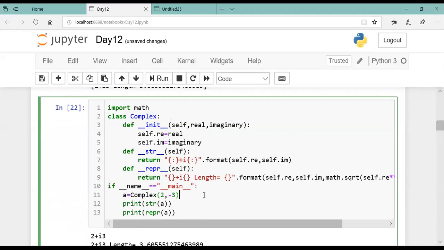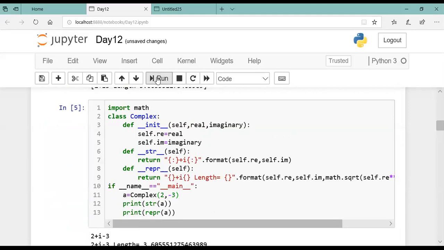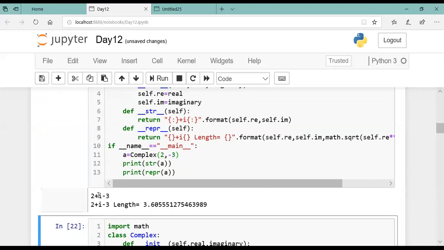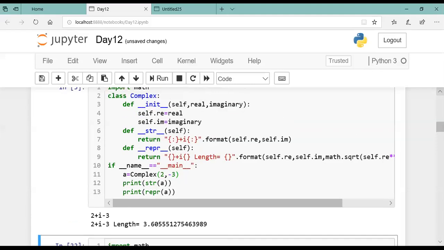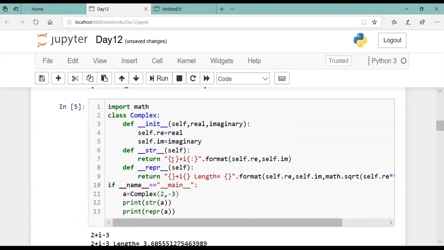So let me check what output I'm going to get now. This is something odd, no, 2 plus i minus 3. So that means this str method I have directly written as a plus ib. I have not checked the real and imaginary part.